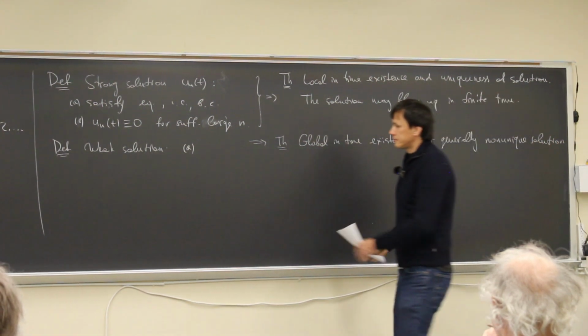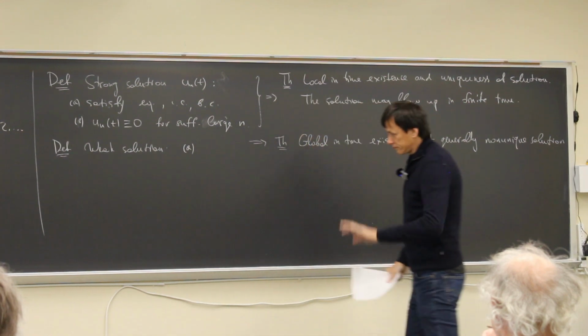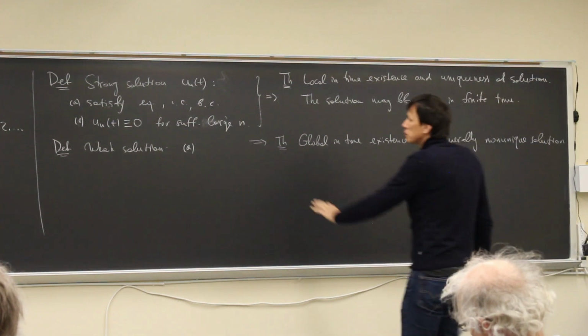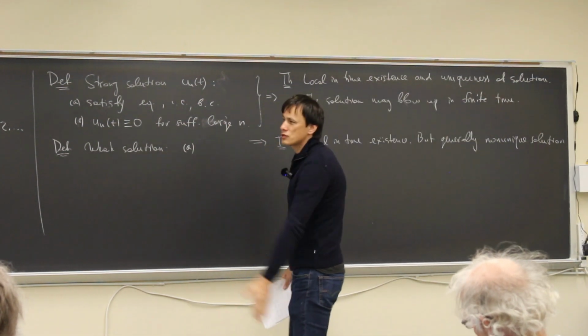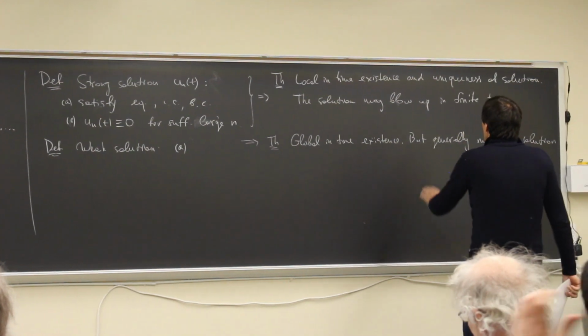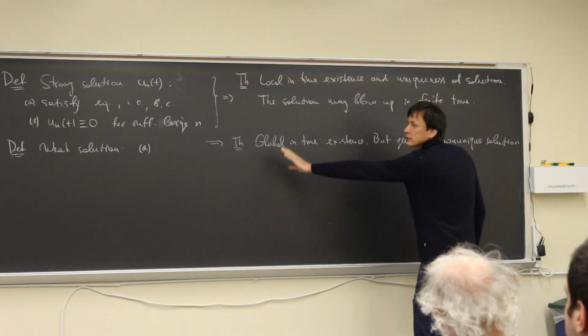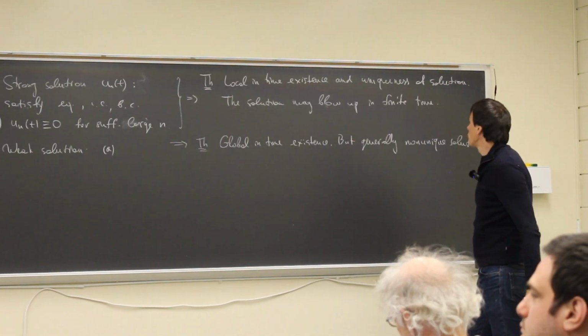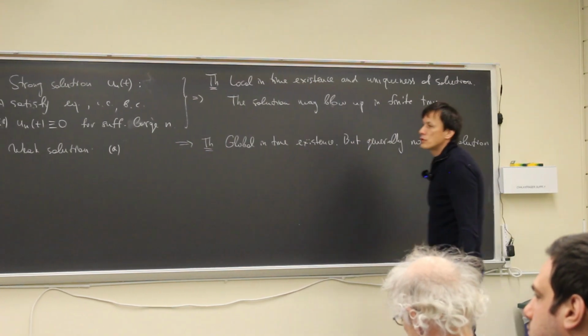So if you don't ask that the solution becomes 0 at small scales, you always have a solution. You can always satisfy the initial condition, boundary condition, all equations. But the problem is that solution exists at all times. So it means that you can continue solutions after the blow up. But generally they are non-unique and you can prove it.